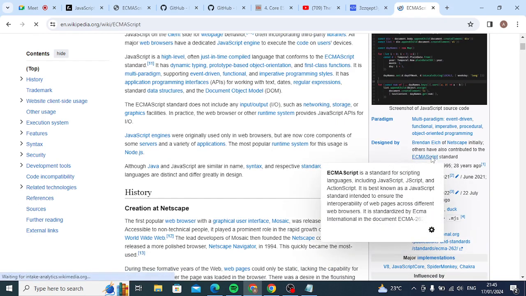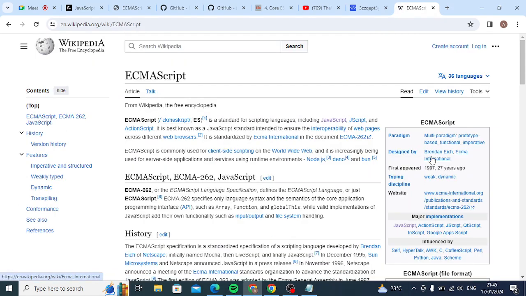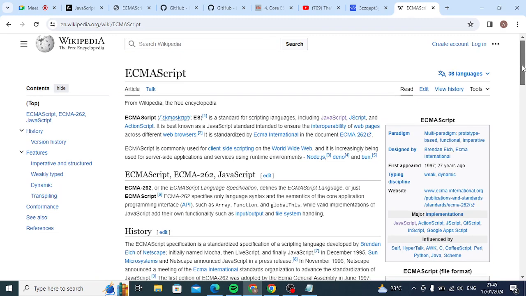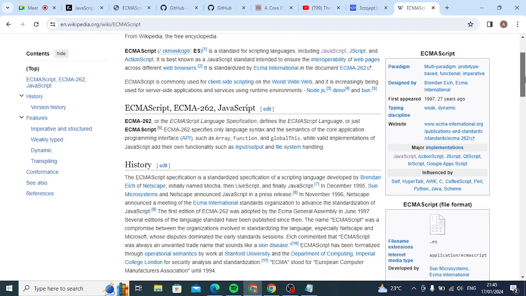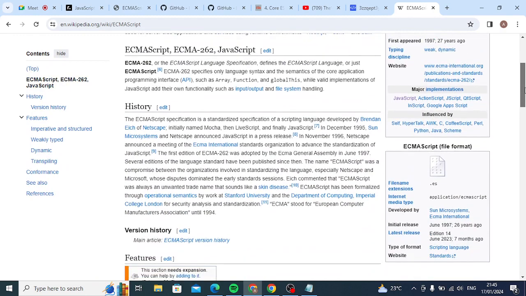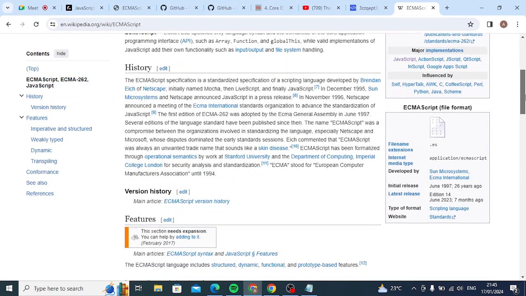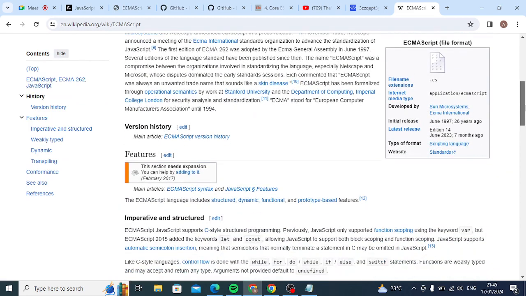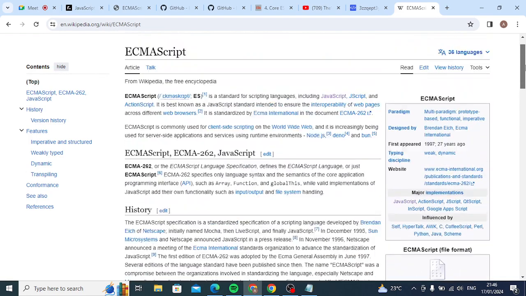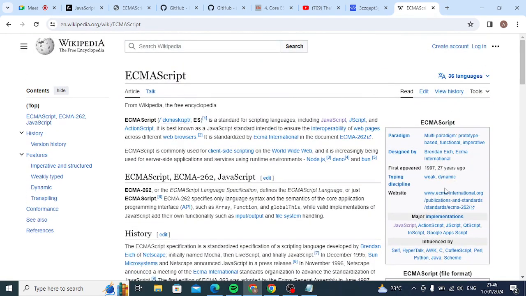But I think mainly he worked on the standardization. He designed how the language should be and what concepts should be there. ECMA might have funded it, but he is the one authoring it.